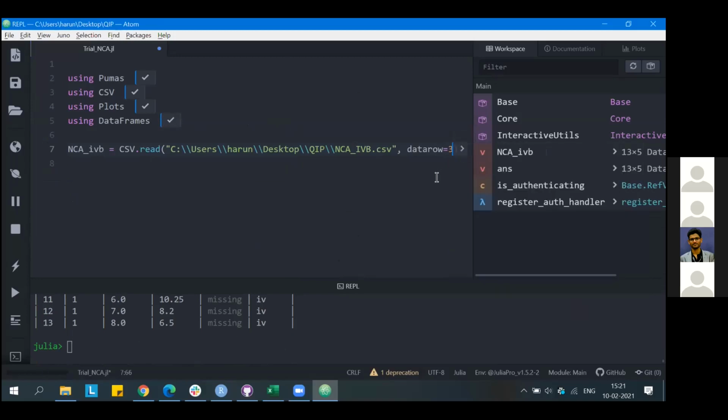So can I share my screen? Yeah, sure. The host. Sir, are you able to see the? I think it is. Yep.